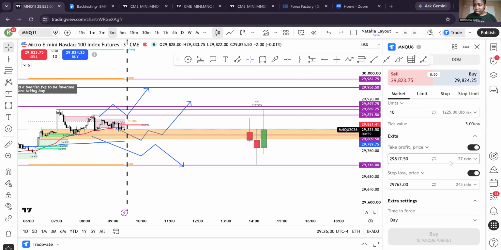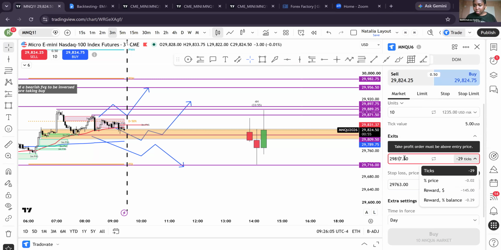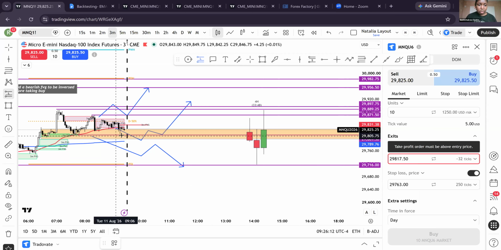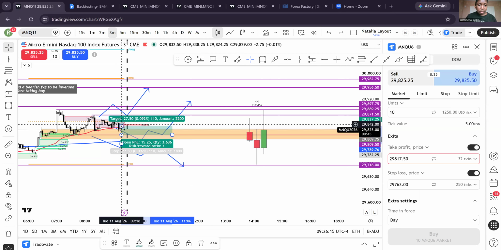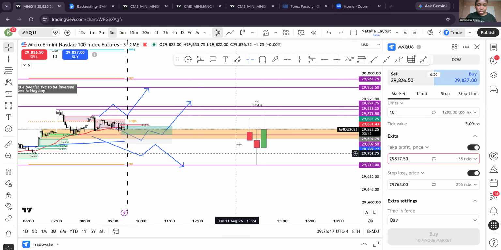I don't know what just happened there. My settings are a little wonky. I'm just going to make this a one-to-one. Let's do